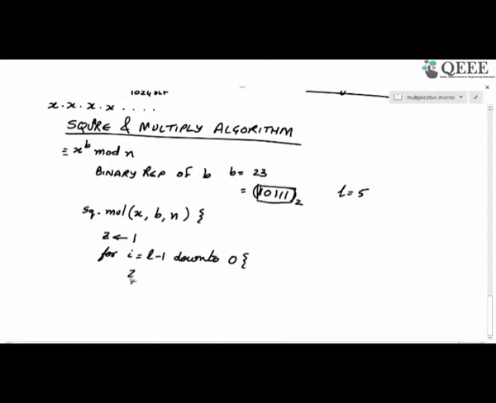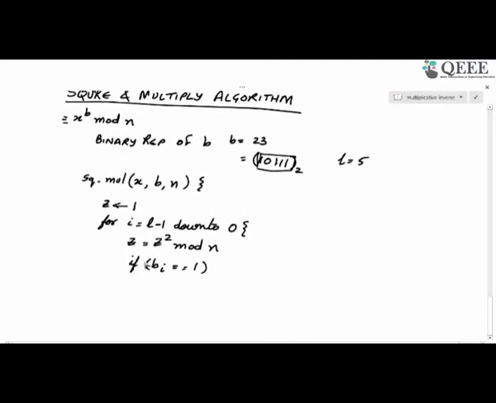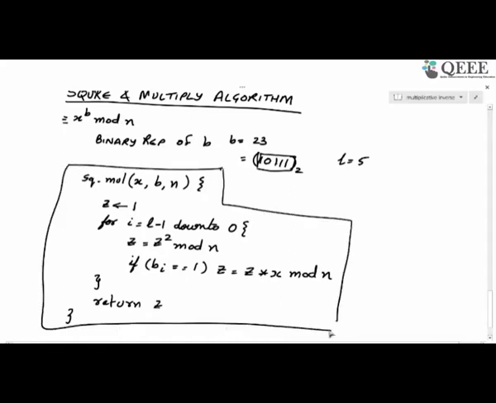So do this, then you compute z equal to z squared mod n, and if bi is equal to 1, then you compute z equal to z into x mod n, and then finally return z. So essentially what this particular algorithm is doing is that we are traversing bit by bit